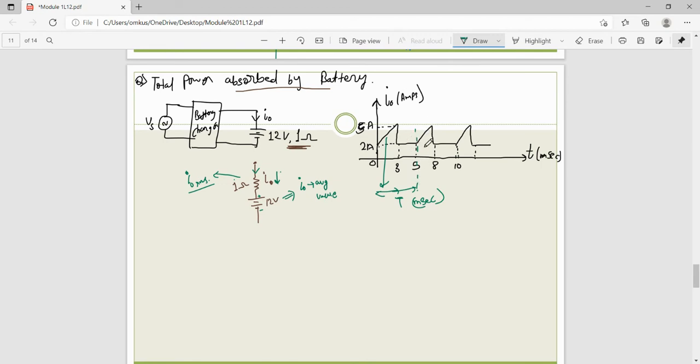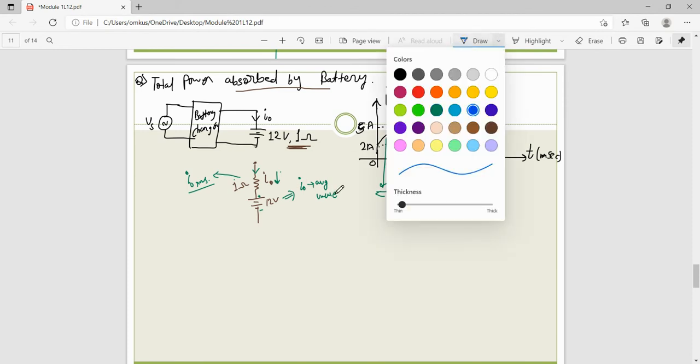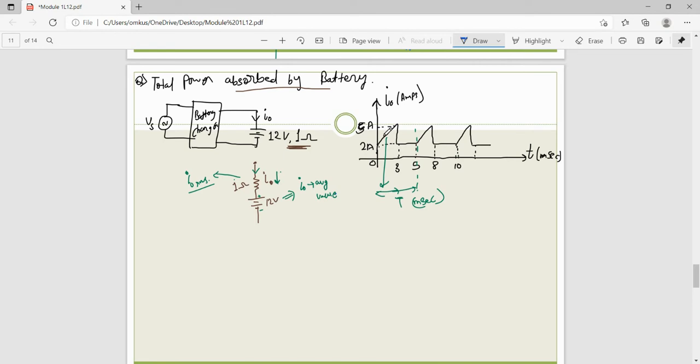After these 5 second, the signal repeats. So break the limit accordingly. First is 0 to 3 and second is 3 to 5. So in 0 to 3, if you see the expression by using the same y minus y2 expression, you will find this is equal to t plus 2. The equation of this line is t plus 2, and the equation of this is constant, which is 2 ampere.